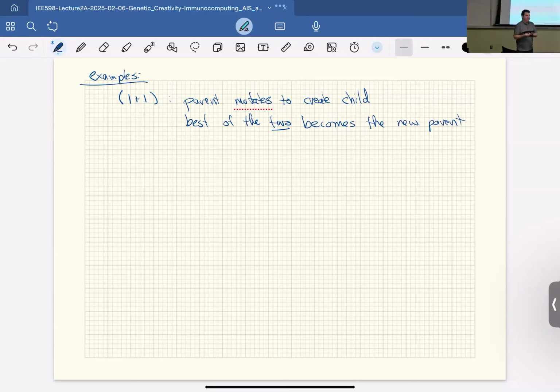And then that new parent will then be the one that gets mutated. It will generate another child. If that child is better than it, then it will be the new parent. Otherwise, we stick with the old parent, mutated a different way, and so on and so forth. So that's a 1+1. Alternatively, if we did a 1 comma M,